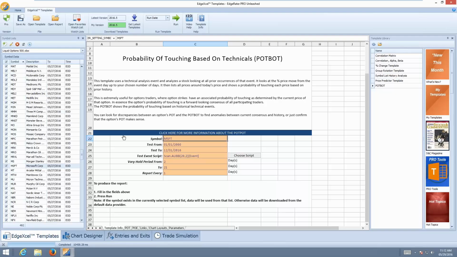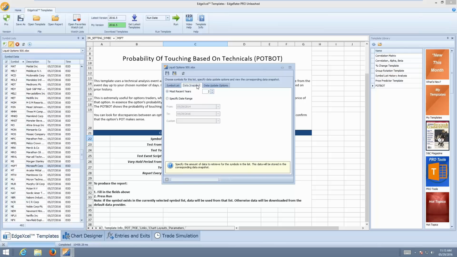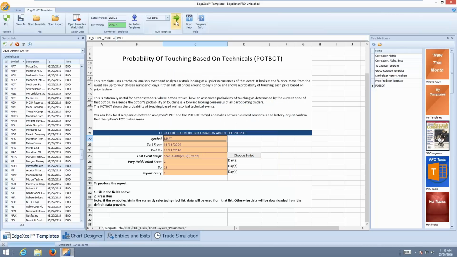Okay, so from here, for this particular list, I probably do not have enough data from Microsoft, because this is looking for a test from January the 1st, the year 2000 to 2016. So obviously I'd need 16 years' worth of data here, and this particular list is only giving me 2 years' worth. So I definitely don't have enough data in that list. But I don't have to worry, because as soon as I press run here,